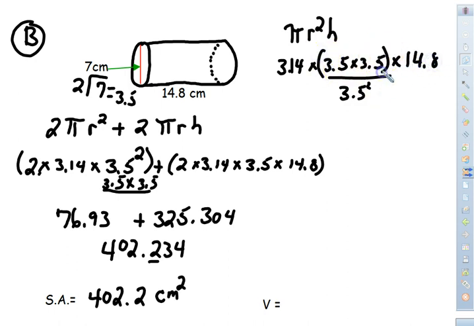Okay, remember this right here is what this is equaling. So you'd be very, very careful with that. So we're going to again plug this in, 3.14 times 3.5 times 3.5 times 14 and 8 tenths, which now gives me